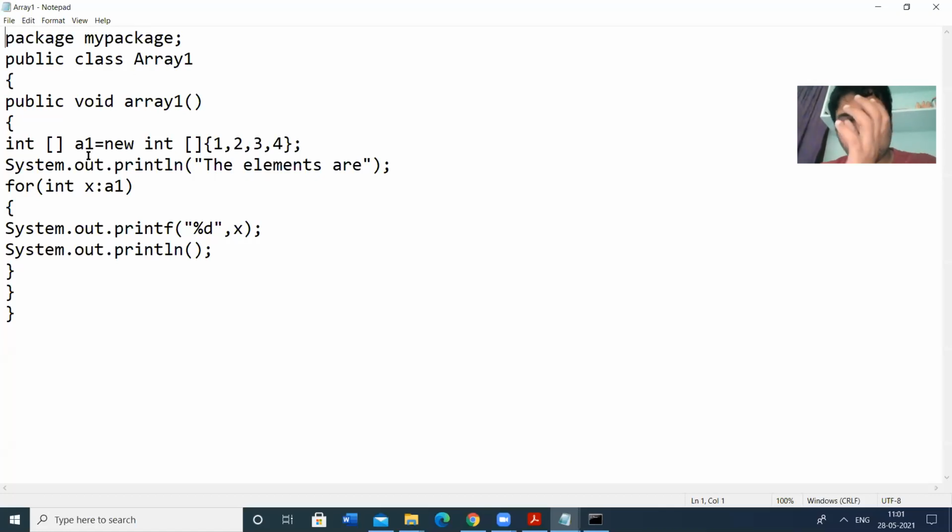The first step is we have to create the folder. The folder name should be the same as the package name. In that folder, we have to create the class files. So I have created the class file here. This class can be used by another class, another program. So let us check that one.